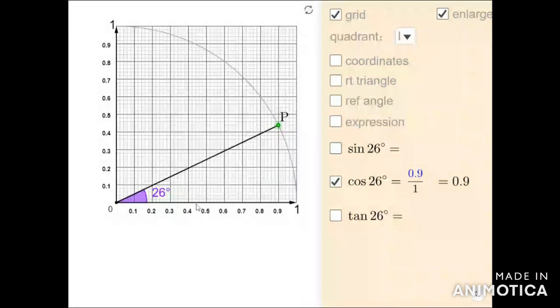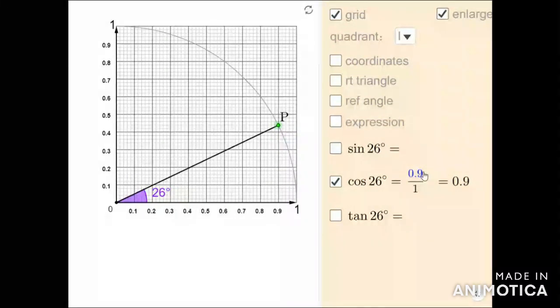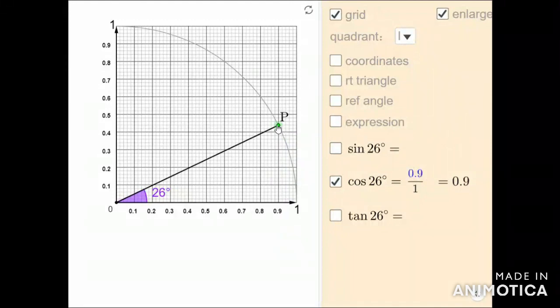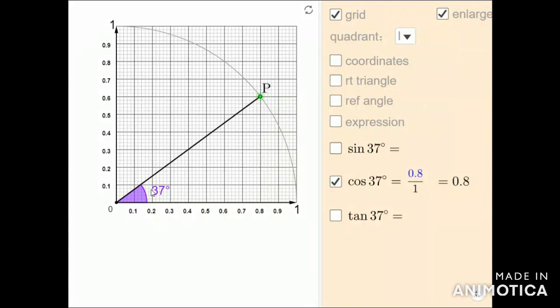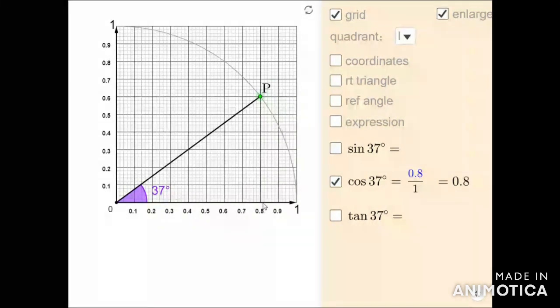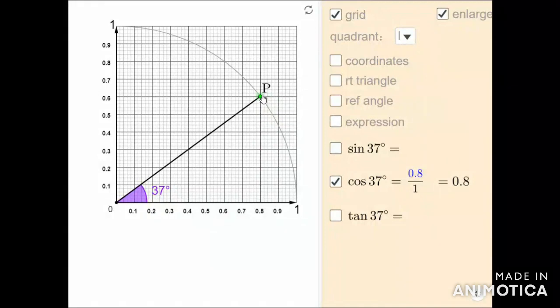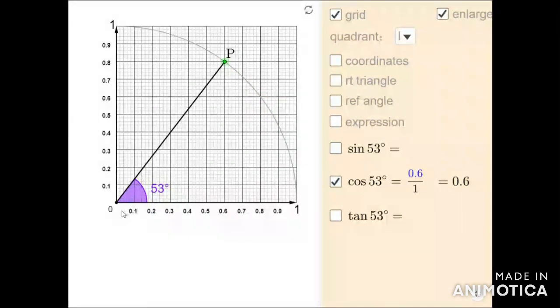At this point, the x coordinate is 0.9, that is cos 26 degree is equal to 0.9, and at this point the x coordinate is 0.8, that is cos 37 degrees equal to 0.8, and still you can increase here and you can tell the x coordinate of this point is 0.6, that is cos 53 is equal to 0.6,